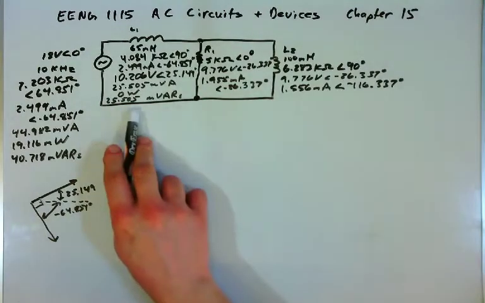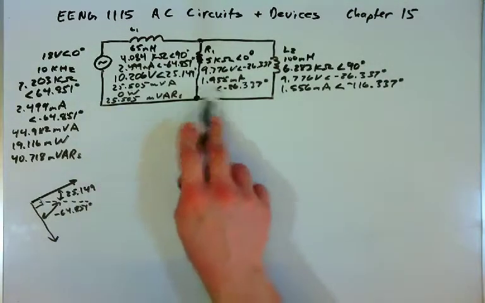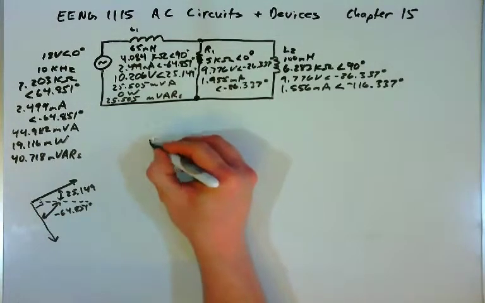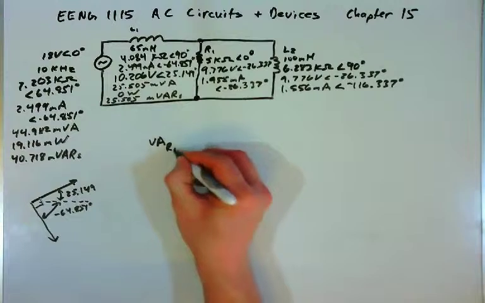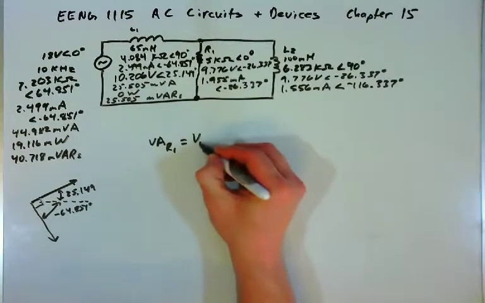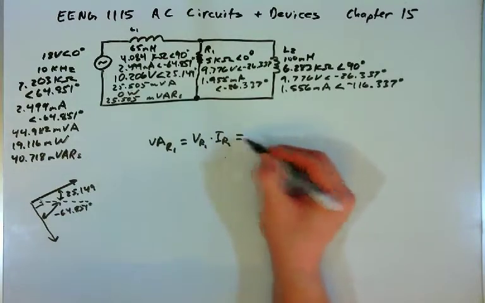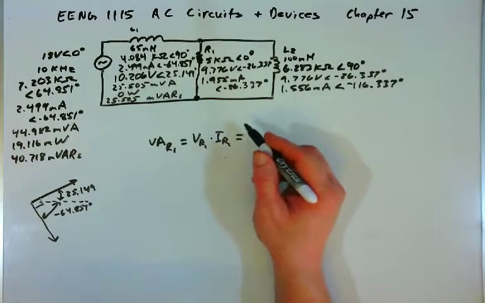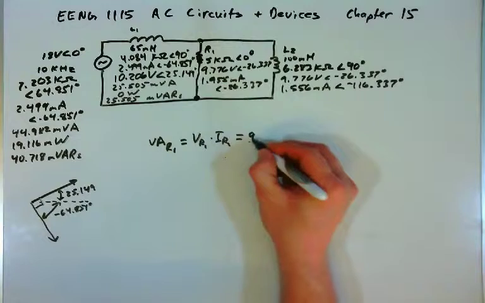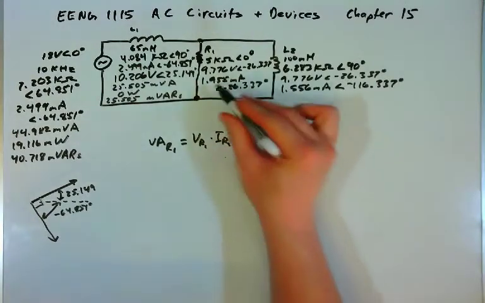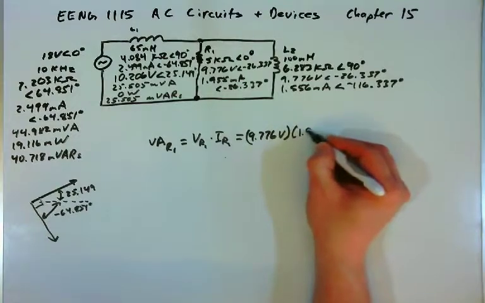I've written our answers for power for inductor 1 here. Now let's look at the power for R1. Start with volt amps again. The volt amps for R1 will be the voltage across R1 times the current through R1 without any regard to angle. The voltage is 9.776 volts. We'll multiply by 1.955